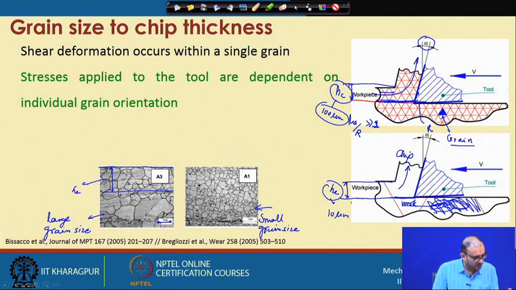At the time there are many layers, comparatively less, but you may get at least 1 or 2 layers of the grain which will come out as a chip, and that will be even easier in this particular case, because here your HC will be this much, same HC, but you will encounter many types of grains. So getting that particular boundary is very easy in this case. But now